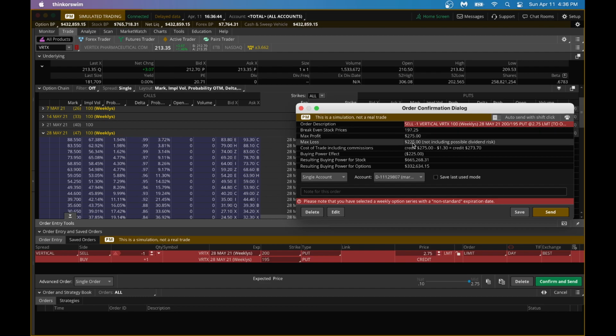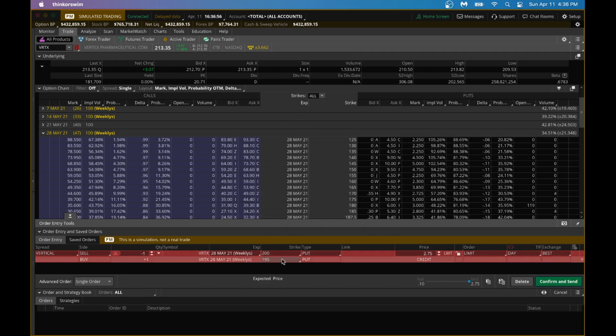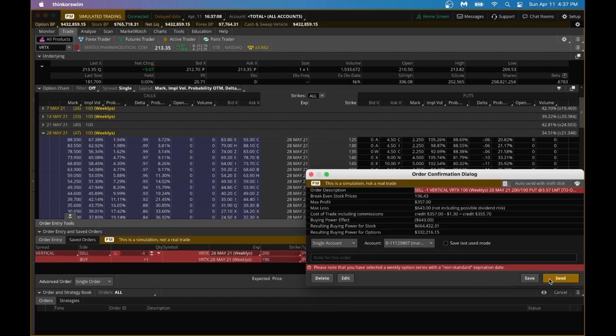Or if you think you made a good amount of money, maybe 50% or more, you could close out. You don't need to wait till expiration. So this is one way to play. Or you could even increase the spread here by doing 190. If you do this 200, 190, you will collect a little more premium, as you can see here. For collecting more premium, you will also be risking a little more.